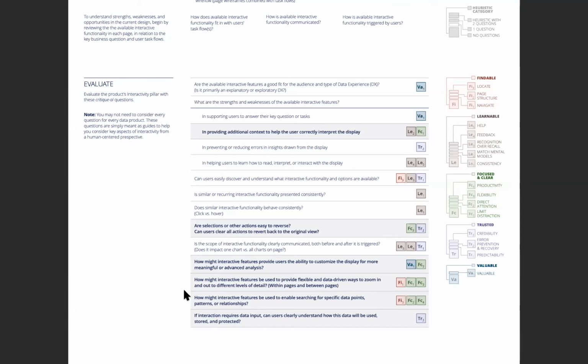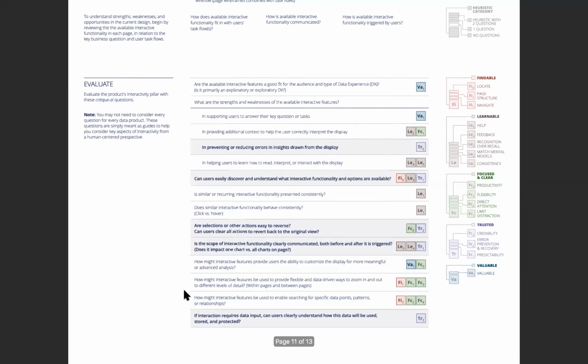If you think about it, you can really do a lot with interactions in terms of limiting distraction and supporting flexibility and productivity. And then there are a few trust-related questions. With this pillar in particular, it's more focused on the heuristic of predictability. So, is it going to work like I think it's going to work?